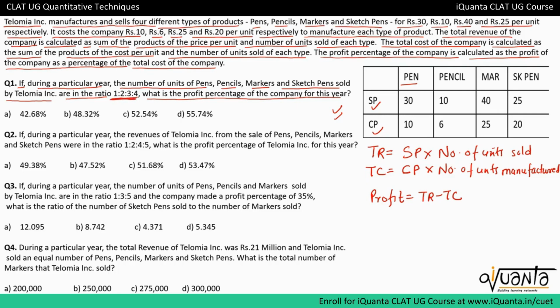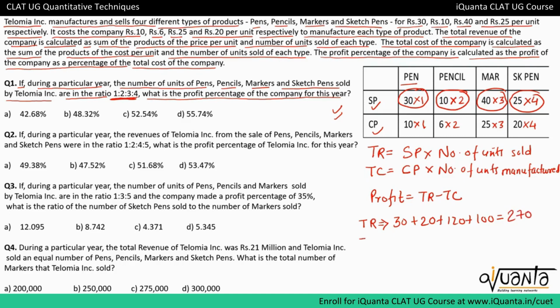So let us assume that 1 pen was sold, 2 pencils were sold, 3 markers were sold and 4 sketch pens were sold. So that means 1 pen was manufactured, 2 pencils were manufactured, 3 markers were manufactured and 4 sketch pens were manufactured. So the total revenue or the total selling price here will be 30 into 1, that means 30, plus 10 into 2, that means 20, plus 40 into 3, that means 120, plus 25 into 4, that means 100, which gives us